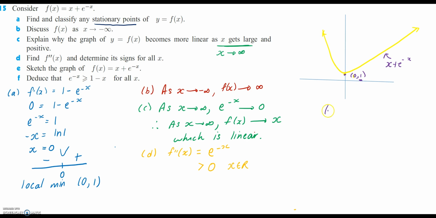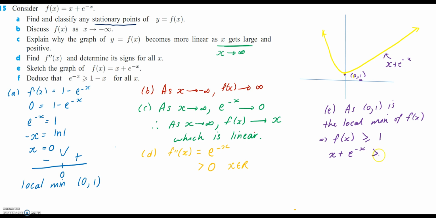So we could say that therefore, as 0, 1 is the local minimum of f of x, then f of x is greater than or equal to 1. In other words, x plus e to the minus x is greater than or equal to 1. And if we now rearrange this, I'm going to get rid of this plus x and take it over the other side, we get e to the minus x is greater than or equal to 1 minus x,